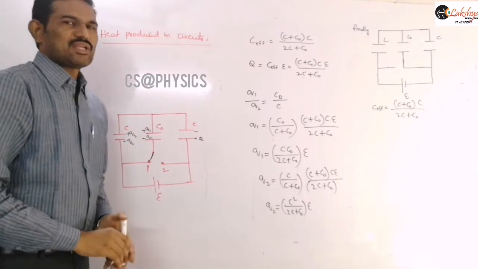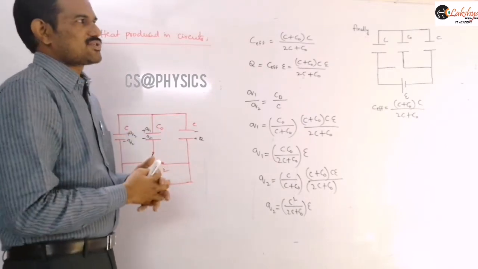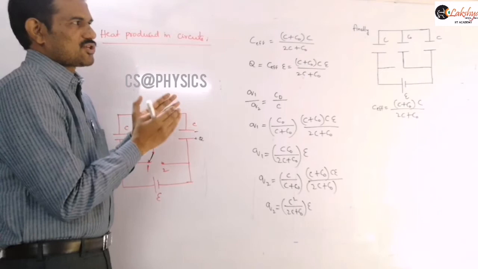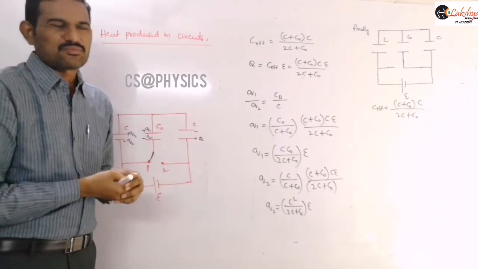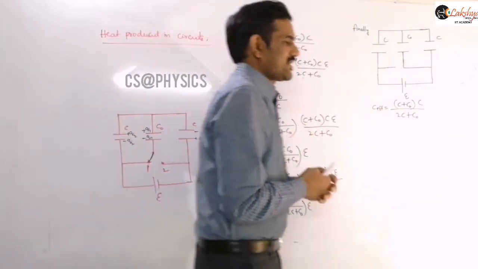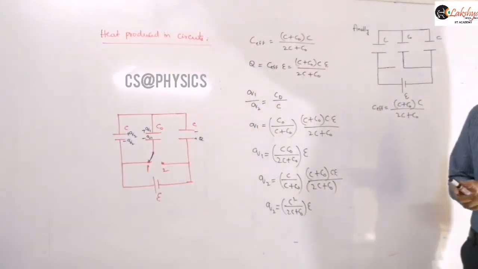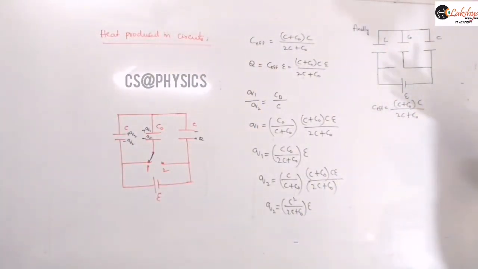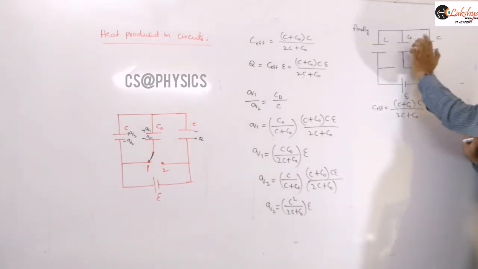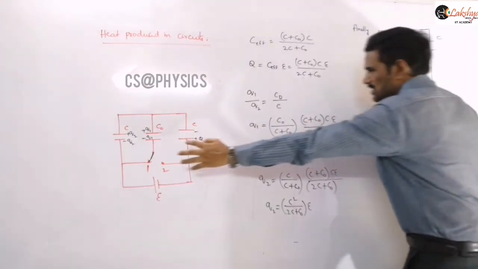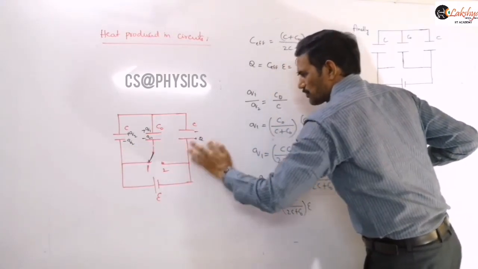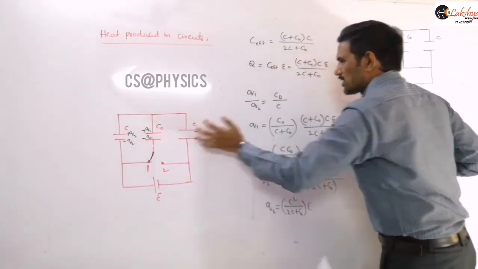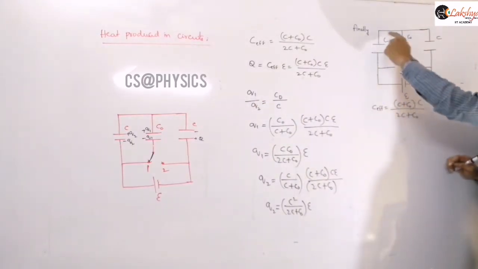Now you just need to verify: is there any change in the charge on the capacitor, or is there any flow of charges taking place from the battery or not? Now let us identify the charge distribution on those plates. This arrangement, these two in combination, is exactly the same as these two in combination here. And now, instead of this capacitor, the role of this capacitor is played by this one here.